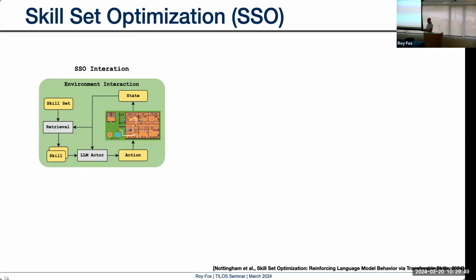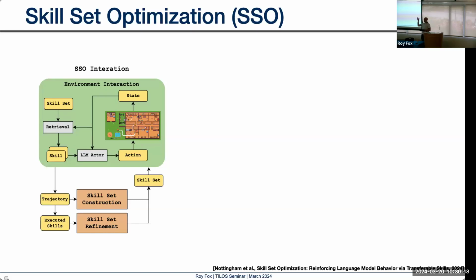I'm going to say how in a bit, and we're going to retrieve skills that seem relevant for our current state. So we're going to retrieve maybe 1 or 2, up to 3 skills, and then we're going to put them in the context of the language model actor when it comes to choosing action. And that's going to be very helpful in choosing a good action to control the world.